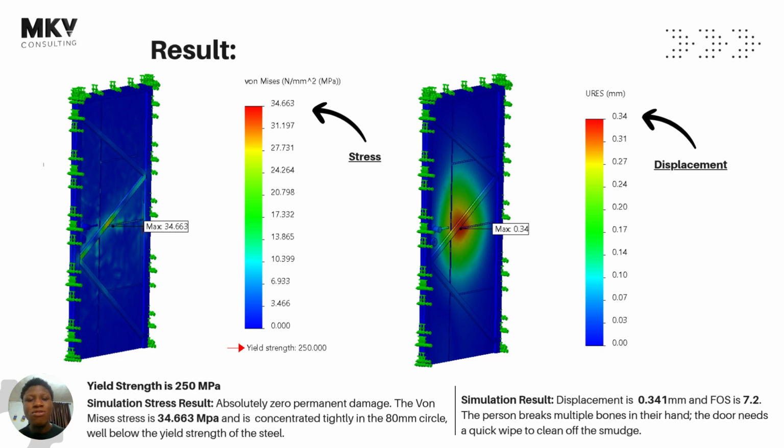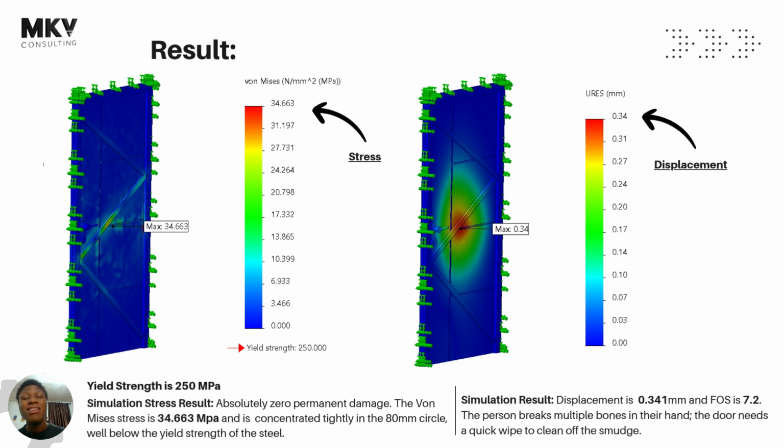but it's going to be elastic, because even at that level it's just going to bulge back and then it's going to come back in. And then we have a factor of safety of 7.2. What factor of safety means is basically it tells you how safe a product is, right? Now, for a factor of safety of 7.2, it tells you